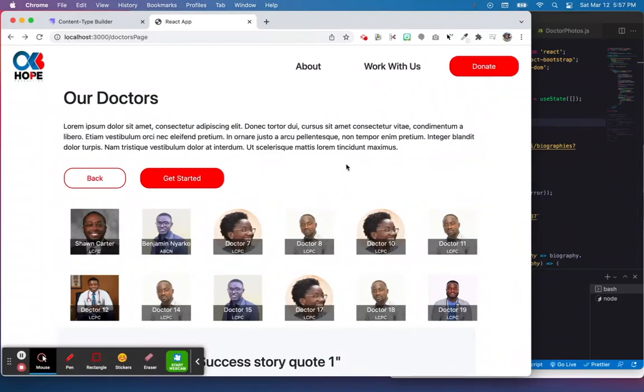Hi, this is a real quick run through of one of the components that I was working on as part of a team for the OKB Hope Foundation website. The component I was placed in charge of is this set of thumbnails here that show a doctor's picture along